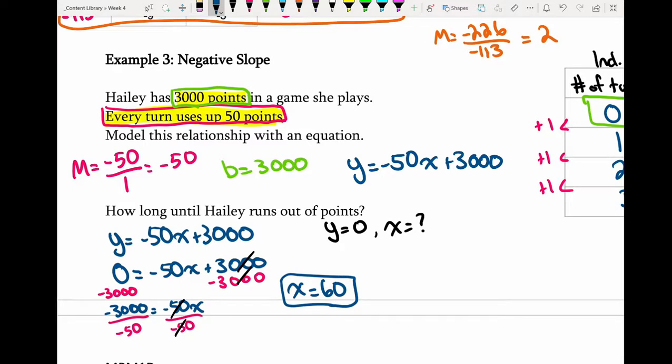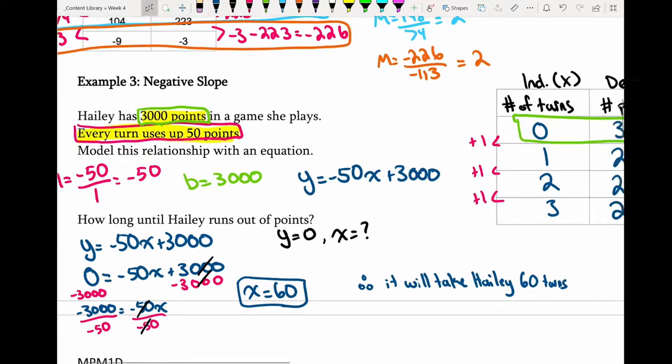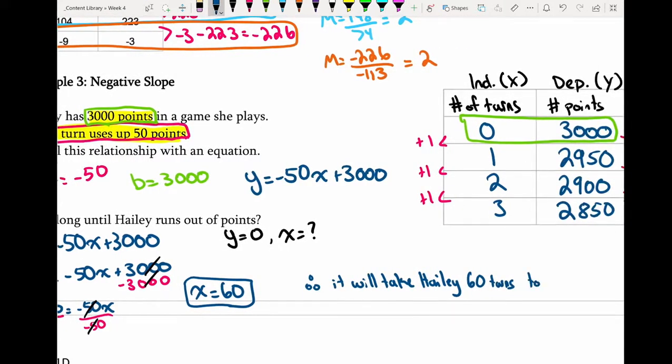So I plugged in one value, and I solved for the other, and I got that x equals 60. So therefore, it will take Haley 60 turns to run out